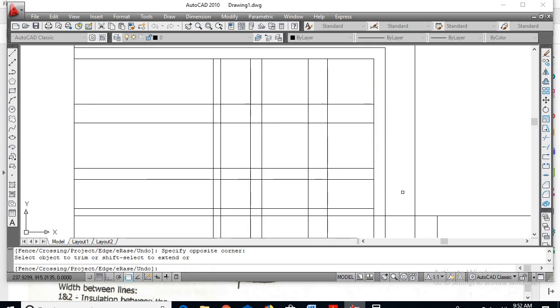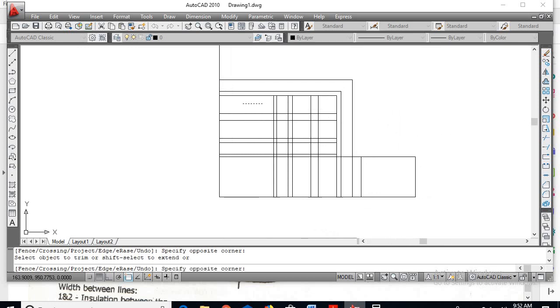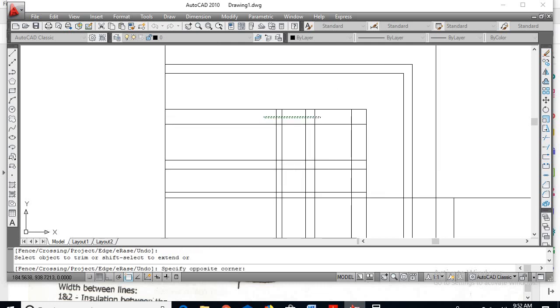This is the insulation. Next, this is the HV coil. This is the duct.